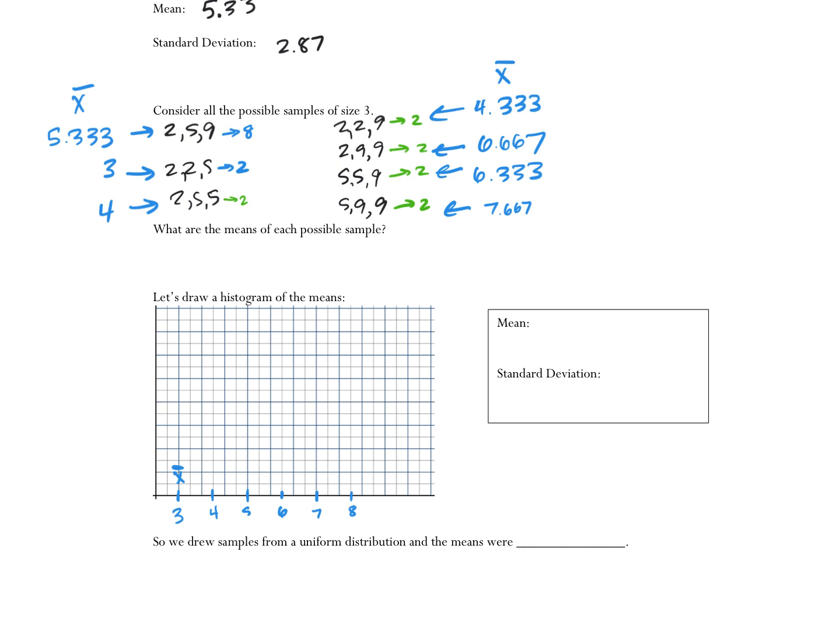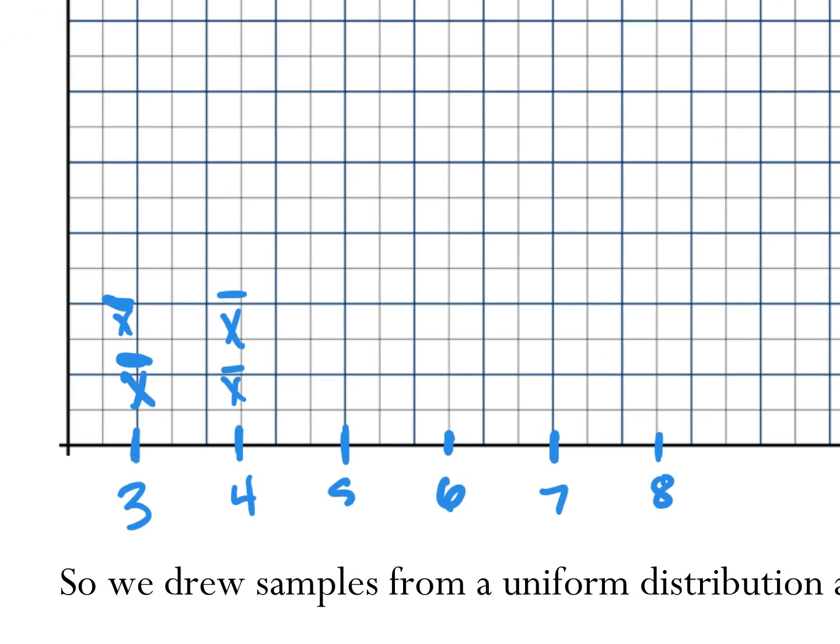2. All right, that took care of that one. My next possible mean was 4. There's 2 possible ways that could happen. Next, 4.33. So you guys, you're going to make that a third of the way in between your 4 and your 5.